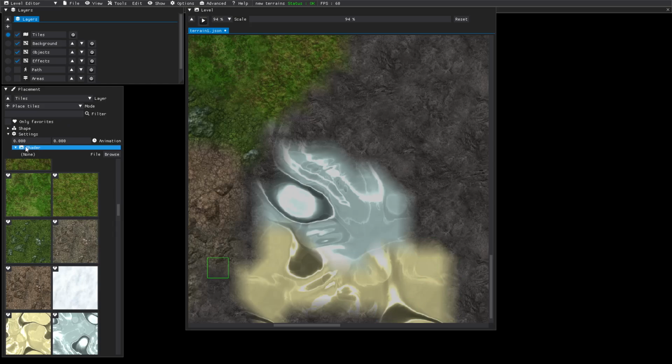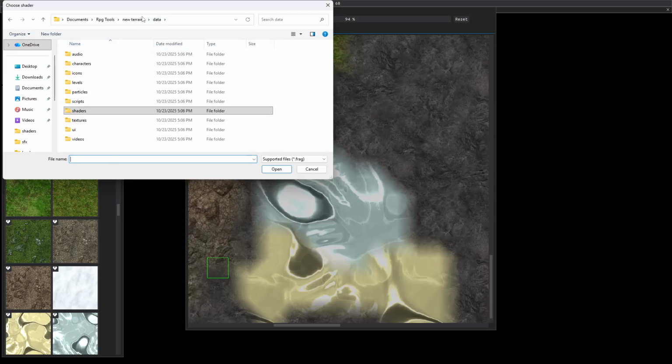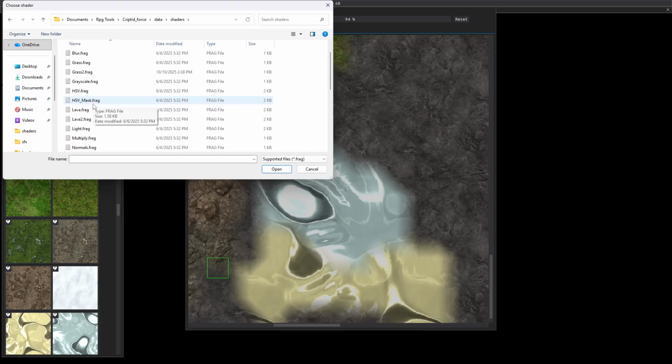So we're going to go in here, browse, neutrines, data. Oh, I don't have any shaders there, so I'll have to go into my cryptid force data, grab my shaders, and what are we going to grab here? We're going to grab